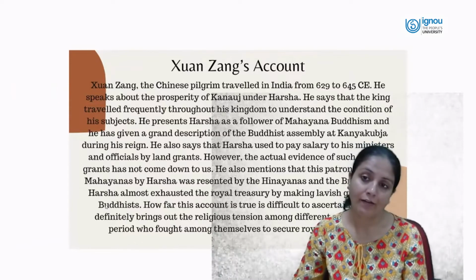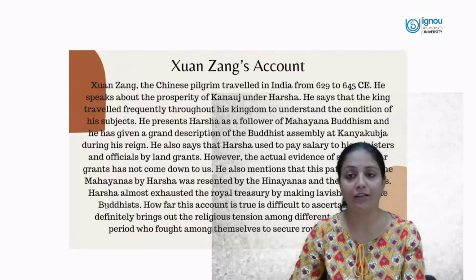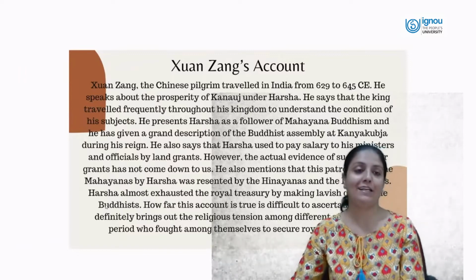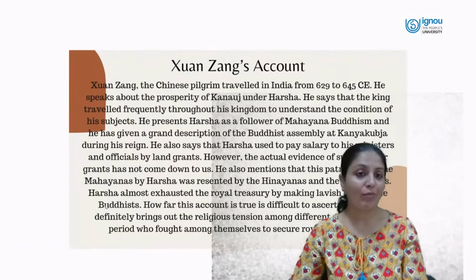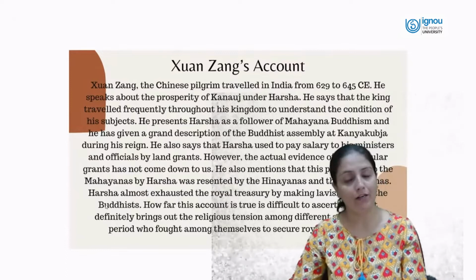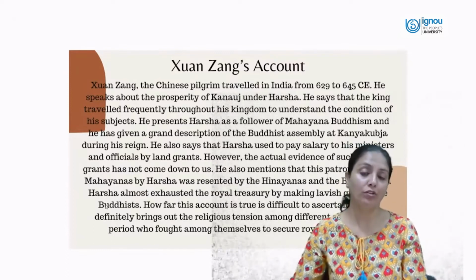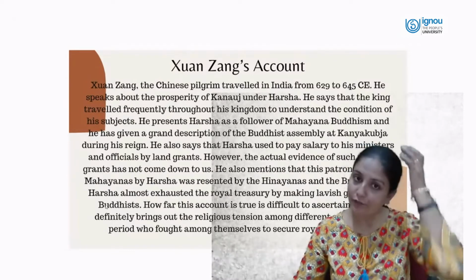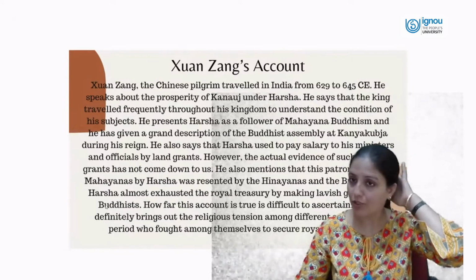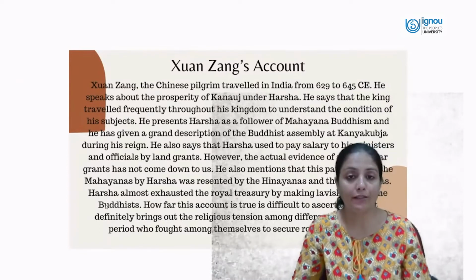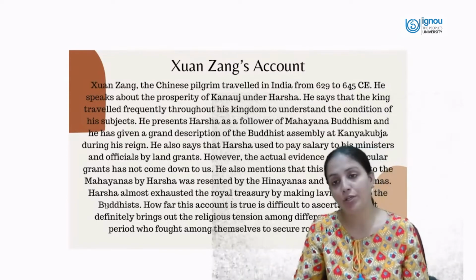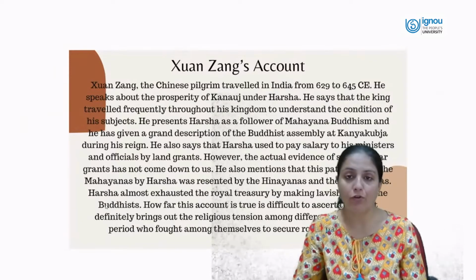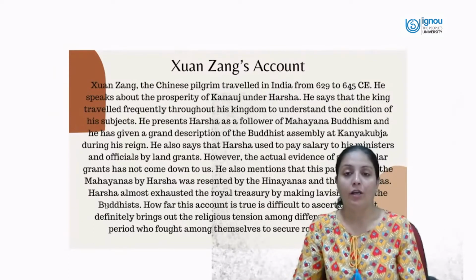16 years he traveled in India. He stayed in India 16 years. He speaks about the prosperity of Kannauj under Harsha. When Harshavardhana was the ruler, the capital was Kannauj. Now he is going to describe the condition of Kannauj, the prosperity of Kannauj, the goodness of Kannauj during